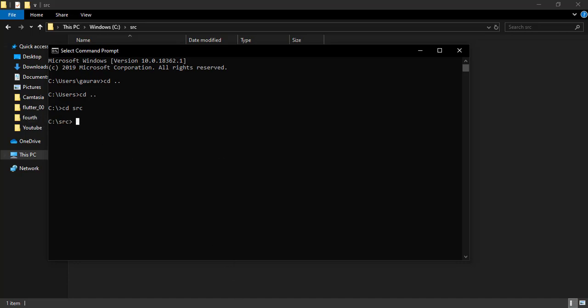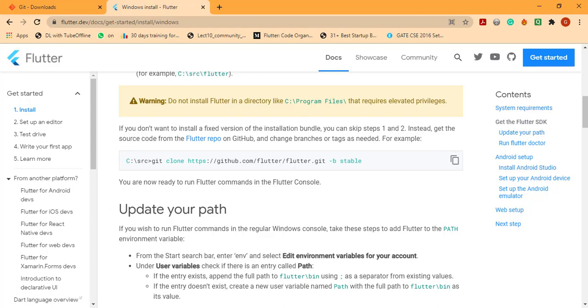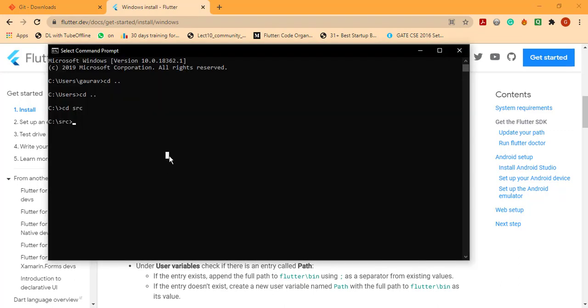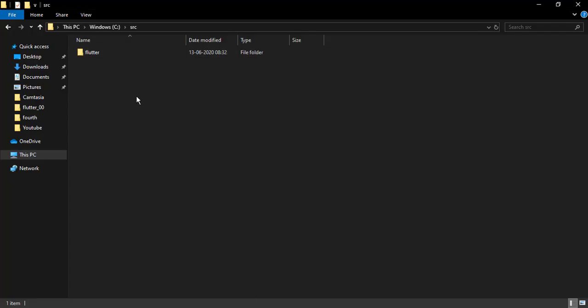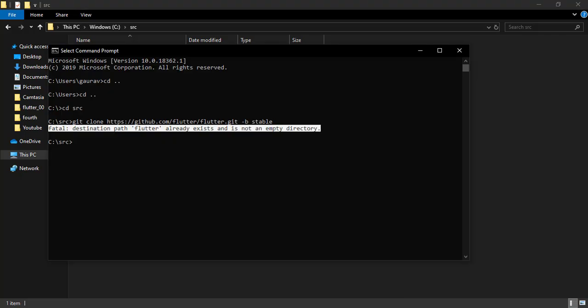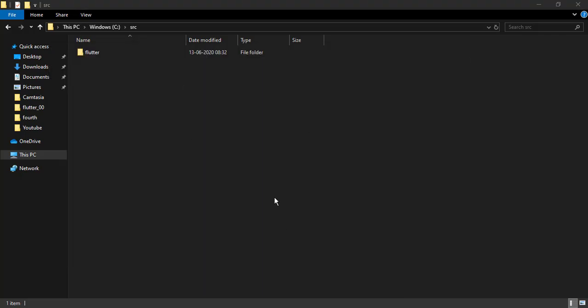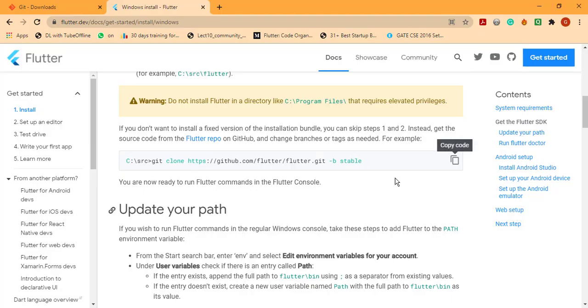And when you are in this directory, go and copy this and press enter. It is showing this error because I have already installed my Flutter. In yours it will not show that. Okay, and after this